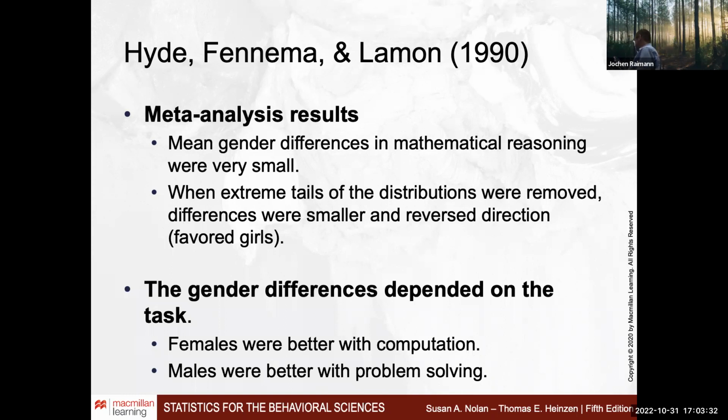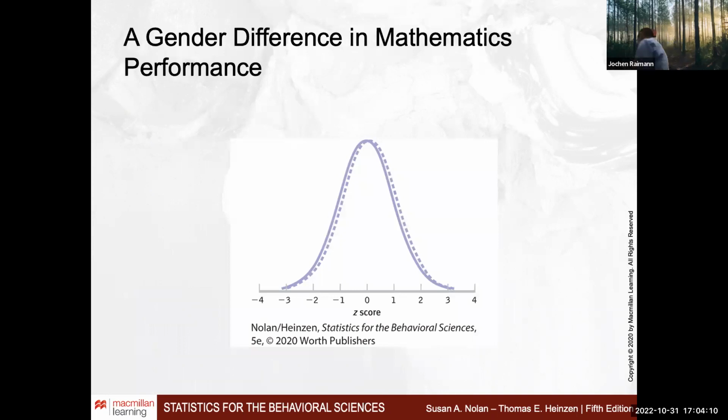First of all, this meta-analysis, and we will talk later about what a meta-analysis is, basically concluded that the gender differences, it's actually sex differences nowadays, in mathematical reasoning are very small. They focus on the extreme tails of the distribution. And the gender difference depended really on the tasks. Females were better with computation, men were better with problem solving, whatever that means. I'm not a psychologist, but essentially what this illustrates is that if you take the extreme ends,